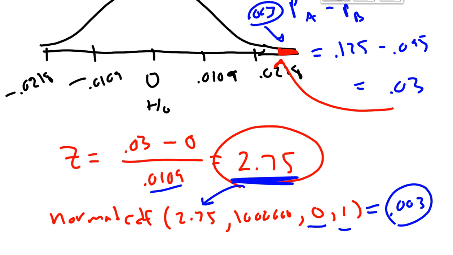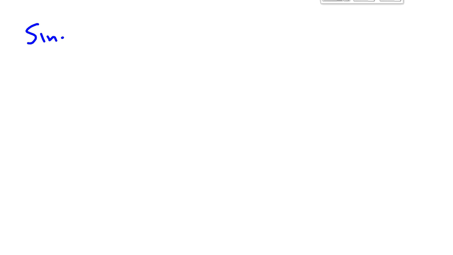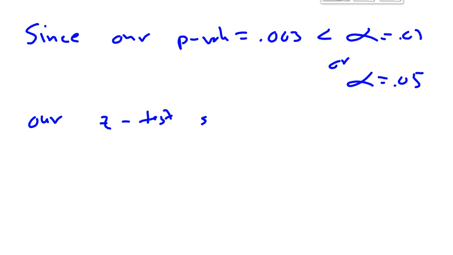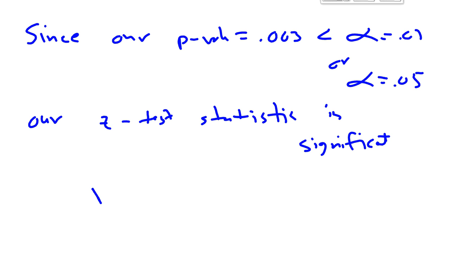So what does that tell us? Well, the classic statement, since our p-value, which is equal to 0.003, is less than alpha equals, say, 0.01, or alpha equals 0.05 in this case, our z-test statistic is significant. And what that means is we're going to reject